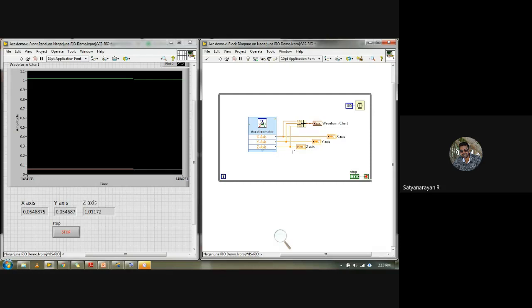If you convert 100 milliseconds into seconds, it is 0.1 second. So for each and every iteration, it takes a 0.1 second delay. Please don't be confused, this is in milliseconds, not seconds.